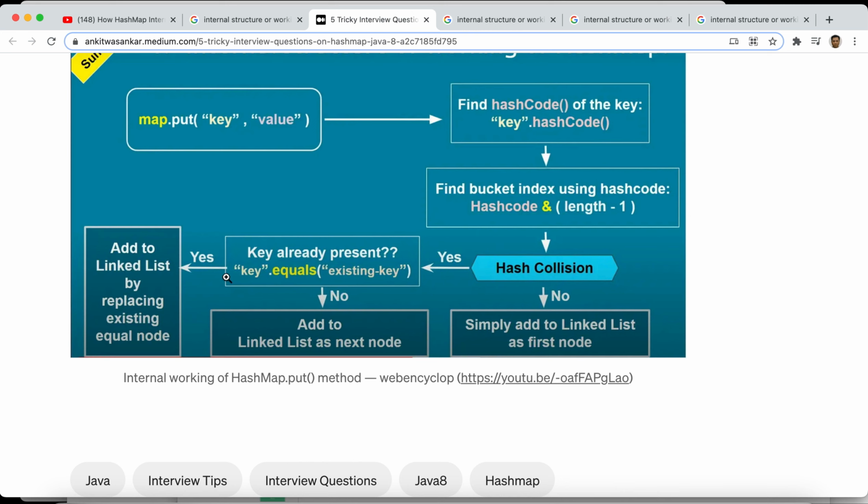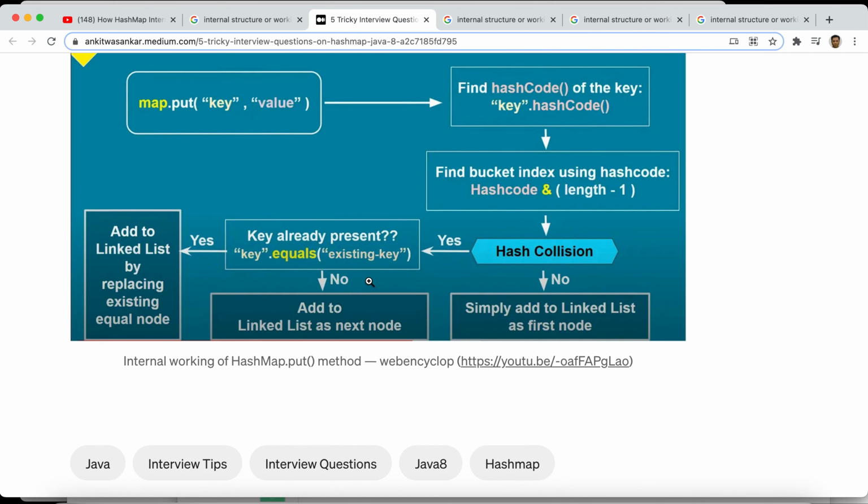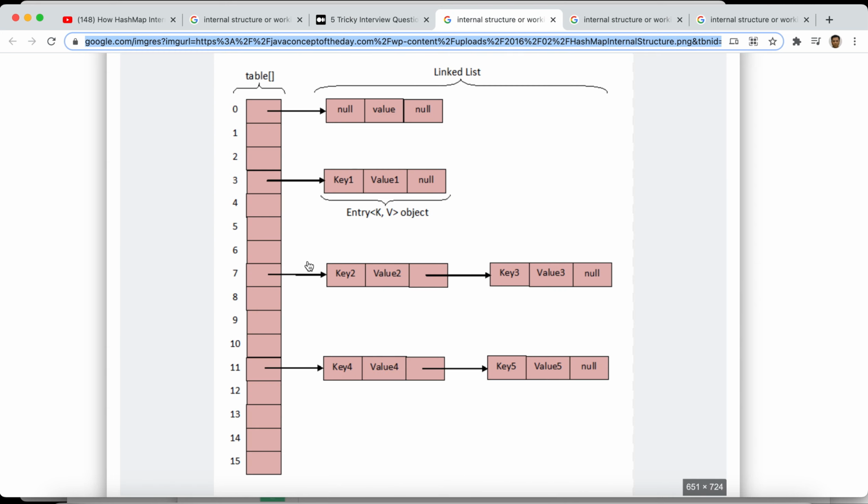If the key is the same, we simply replace the existing node. If the key is not the same, we add the node as a next node to the linked list. That's why here in our linked list, if the key is not the same, it keeps on growing, right? The list will increase. Basically the linked list will grow, right?